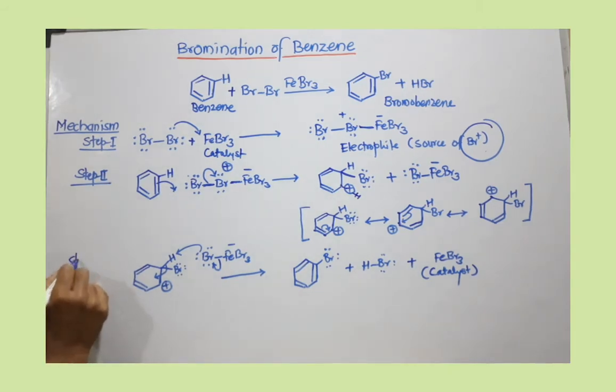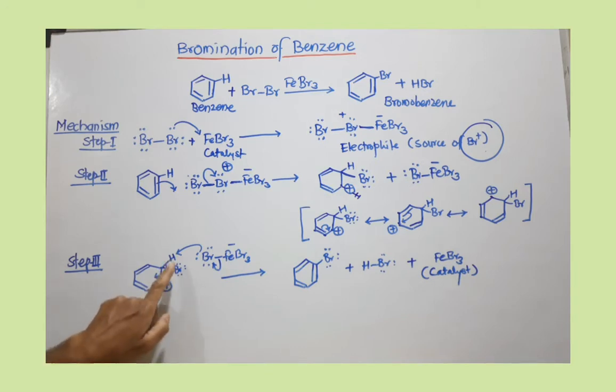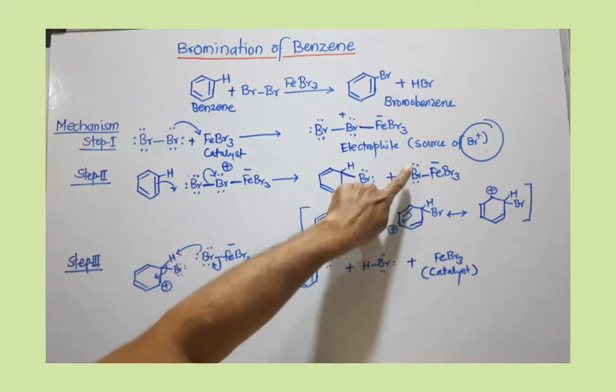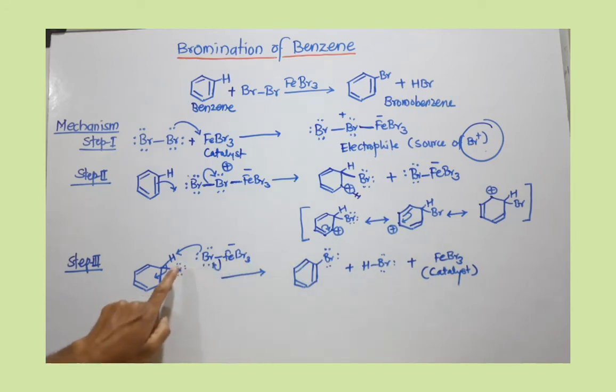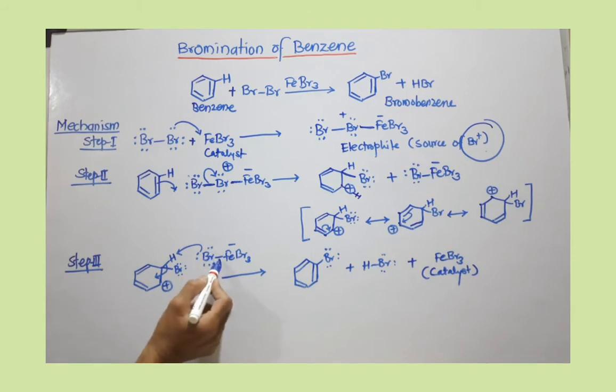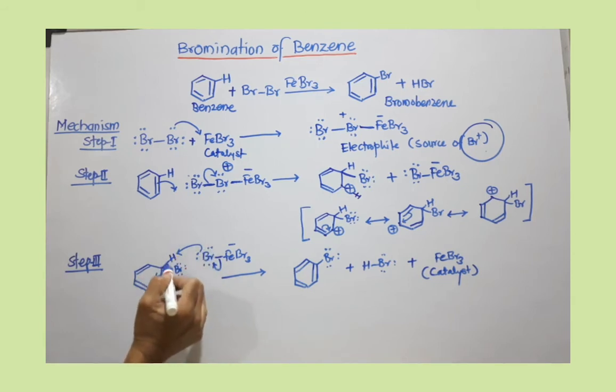Now I am moving toward step 3. Step 3 is removal of proton and regeneration of the aromatic center. So we have to remove this proton, and to remove this proton we need a pair of electrons. You can see here at this Br there are 3 lone pairs. So one pair is moved in between this hydrogen, this proton, and this Br to form a bond. But this Br, once it forms a bond, will again have a positive charge. So this bond is quickly moving over this Br to remove that positive charge. So in this way we get here HBr.